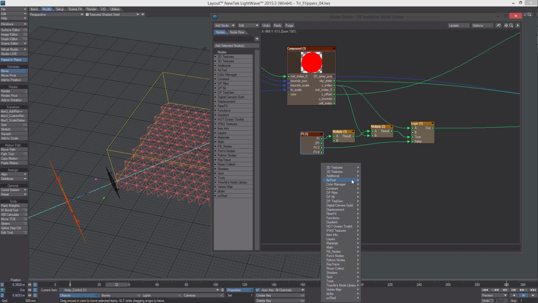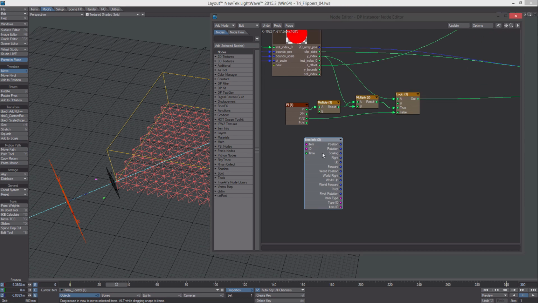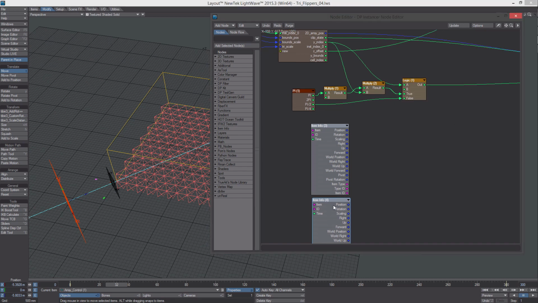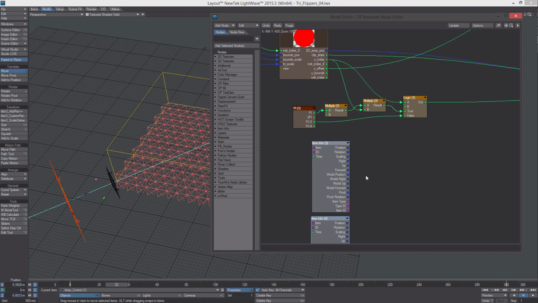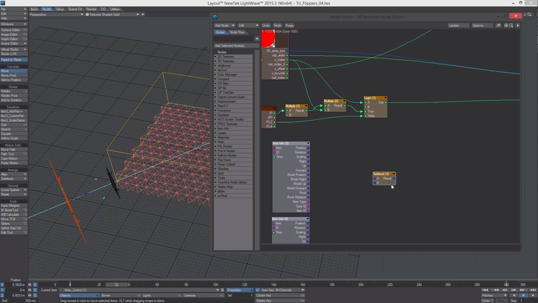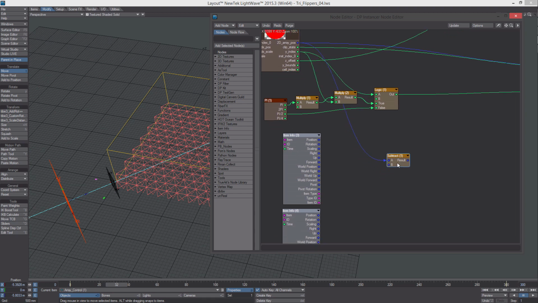Okay. So now the next thing we have to do here is we have to get our controls. So I'm going to bring both of our controls in here. Now we need to affect the rotation based on that planar falloff. So we first have to create the planar falloff. So what we can do to do that is we could take the 2D array position, subtract that from our controller 1 position,